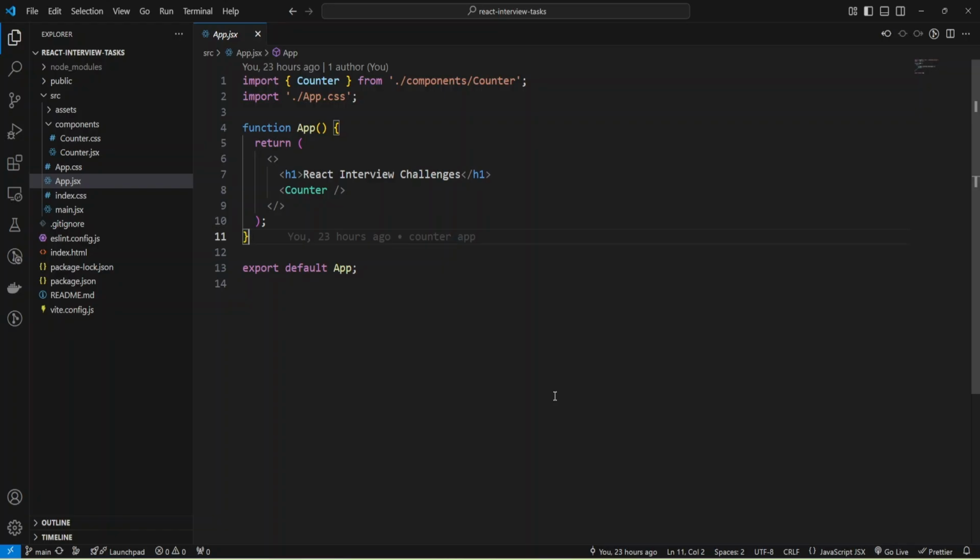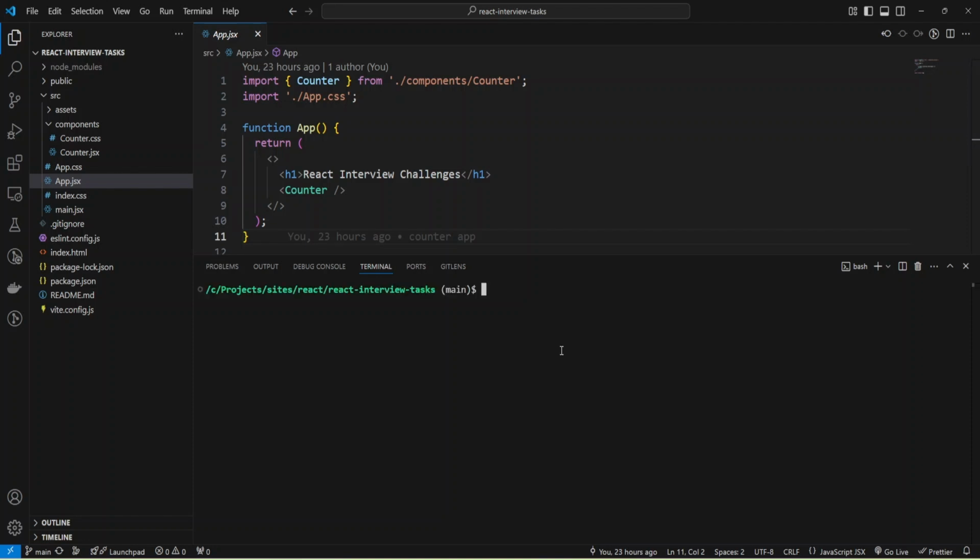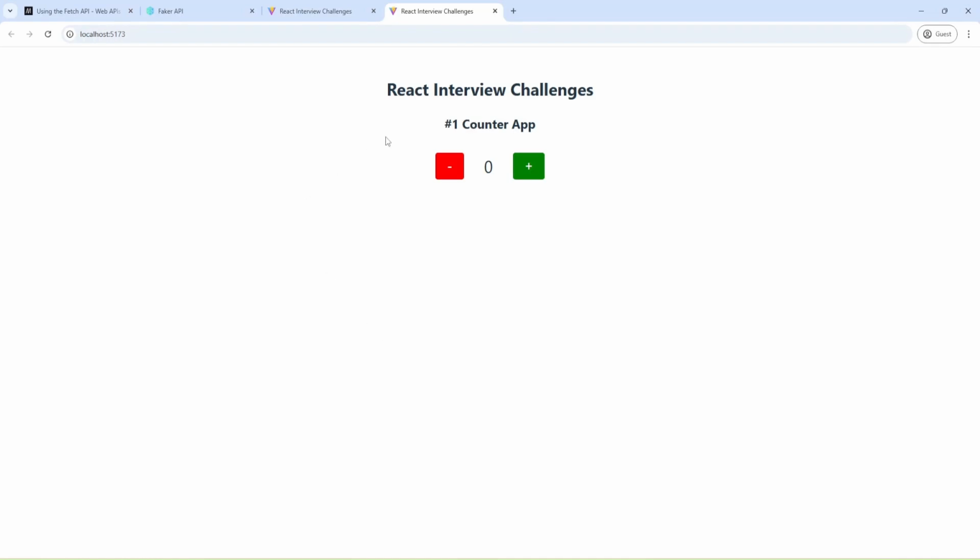I launched my Visual Studio Code and opened the React Interview Tasks project that I've created previously. And now I'm going to run the terminal and start the dev server with the command npm run dev and open my project in the browser, and I have the first challenge, counter, up.